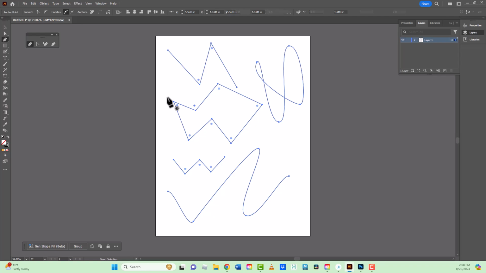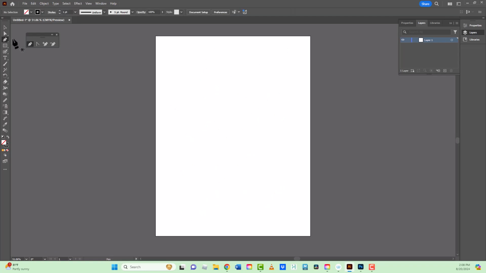I'm going to hit Control A and delete all of this to show you. I want you to do this with me. I want you to do this exercise. I want you to create uppy downy mountains like this. Click at the top, click at the bottom, click at the top, click at the bottom. Boop. Okay. When you are comfortable doing that, I want you to click and drag, click and drag, click and